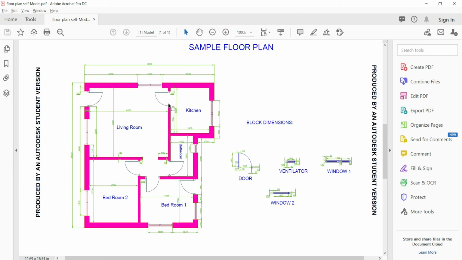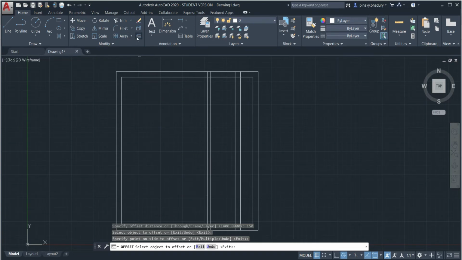Right, so that completes this vertical section of the wall. Okay, and next we will go for this vertical section. So this vertical, as you can see here, is 3250 distance from this part. Okay, so I will go and select the offset option again and specify the distance as 3250. Enter, and